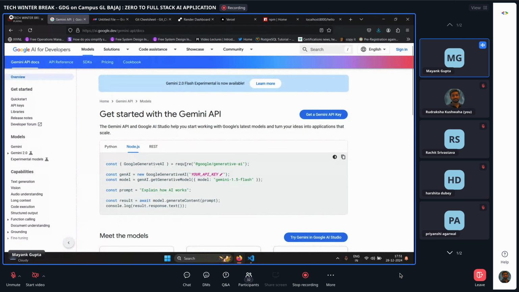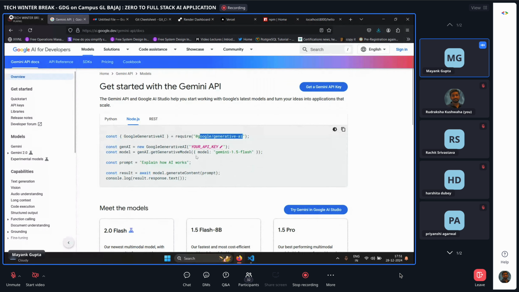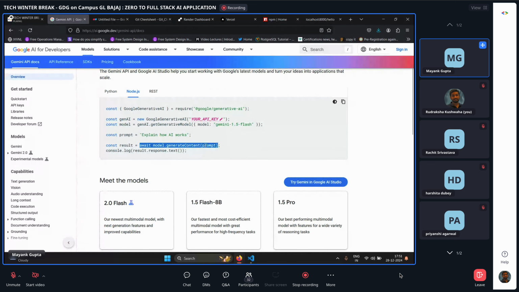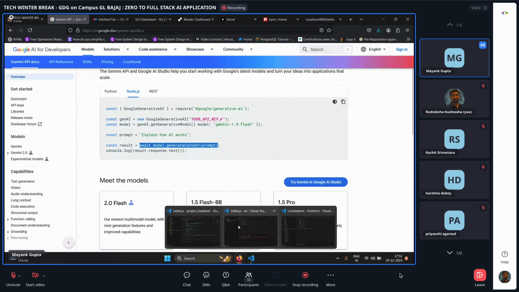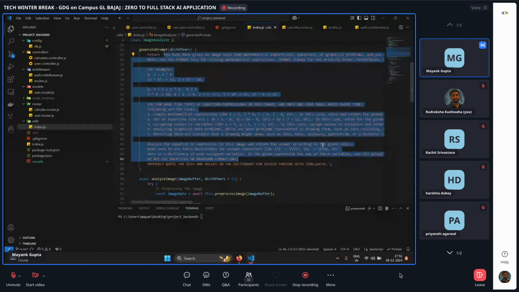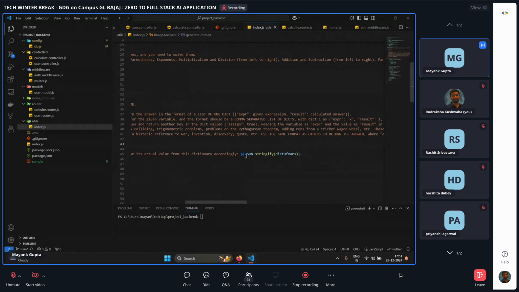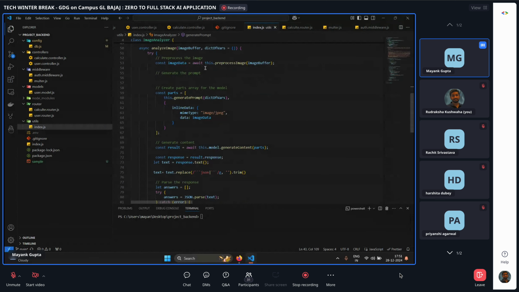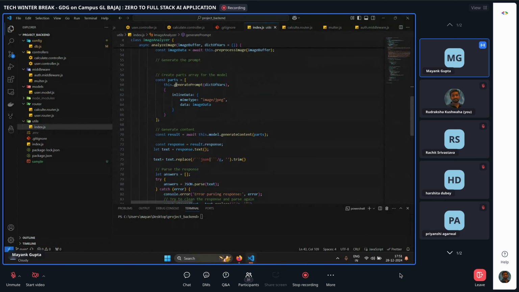और जैसे ये दिख रहा होगा गूगल जनरेटिव एआई, ये एक पैकेज है जो एसडीके प्रोवाइड कर रही है उस मॉडल को एक्सेस करने के लिए। इधर हमें उसकी एपीआई की देनी होती है, और ये जेन एआई डॉट गेट जनरेटिव मॉडल, और इधर हम अपना मॉडल स्पेसिफाई कर देते हैं, और यहाँ से प्रॉम्प्ट डाला और इस फंक्शन को यूज करके हमें वो रिस्पॉन्स मिल जाता है। ठीक है, और इधर भी हम वही कर रहे हैं, देखो आपको दिखाता हूँ। जैसे ये हमारा प्रॉम्प्ट है, इतना बड़ा उस फंक्शन के एग्जीक्यूट करने के लिए, और इधर जो ये वेरिएबल डेटा दिख रहा है आपको, JSON.stringify of vars, ये वो है।